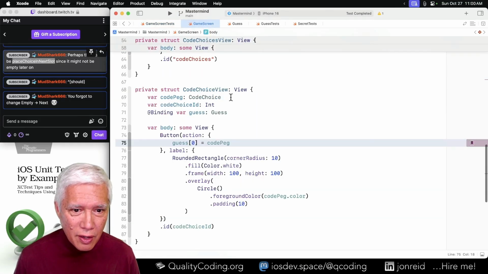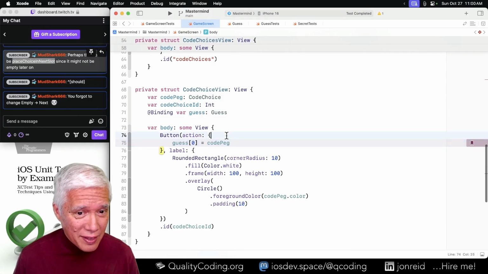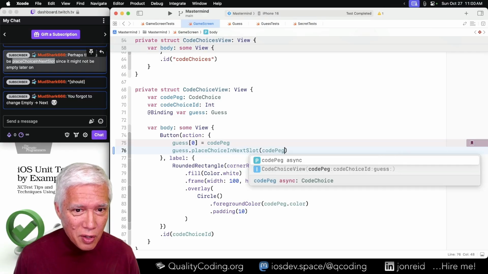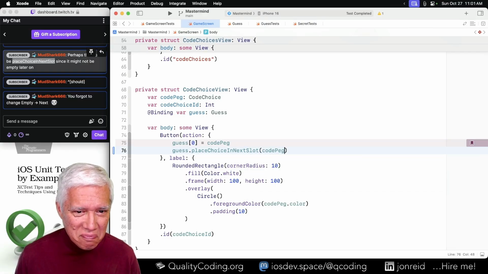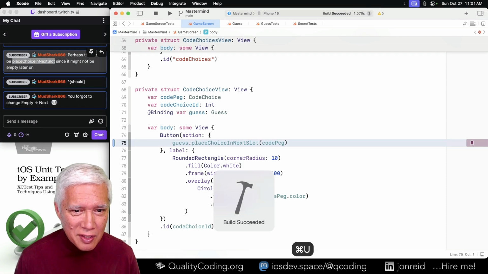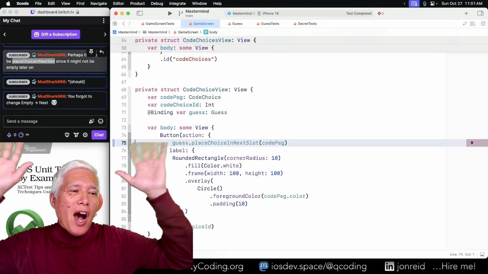And now here we can finally say guess. Code peg is a funny name, but now this should pass. Oh!